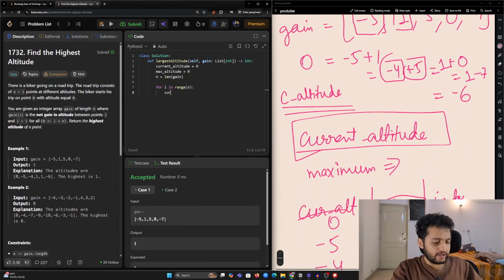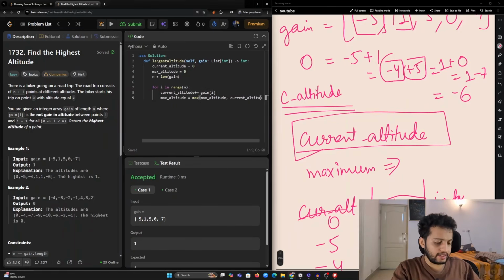So what is my current altitude? My current altitude gets updated by adding my current gain value. Then we take the max of current altitude and max altitude, and finally we can safely return my max altitude value.